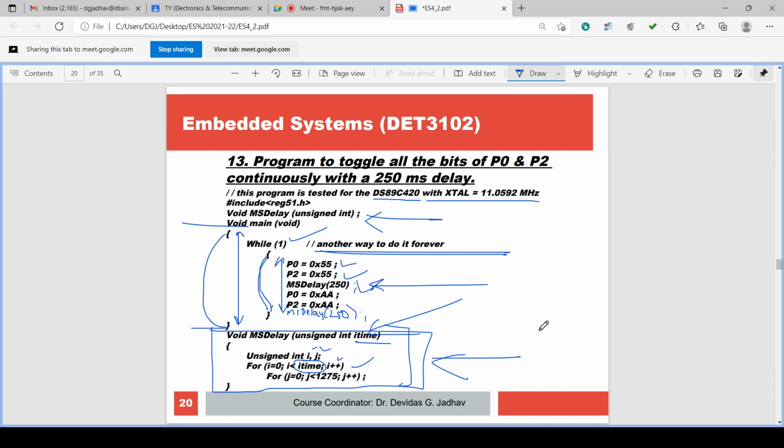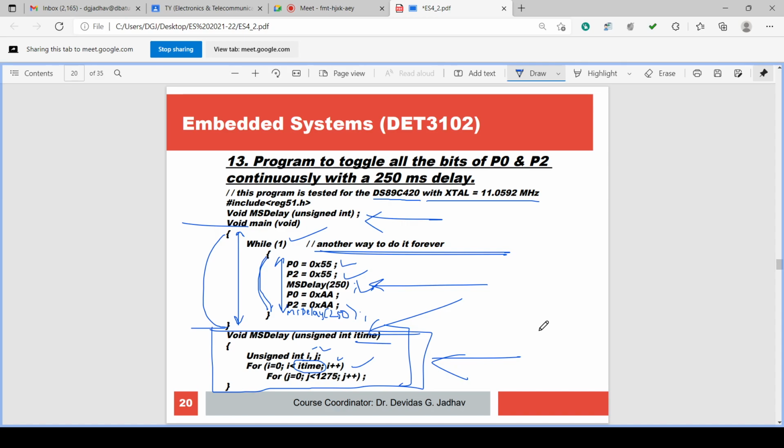We are setting the value, assigning the value to P0 and P2 as 0x55, and we are executing delay. What happens due to execution of delay? P0 and P2 will have value 55 till that delay executes, and then we can watch this.